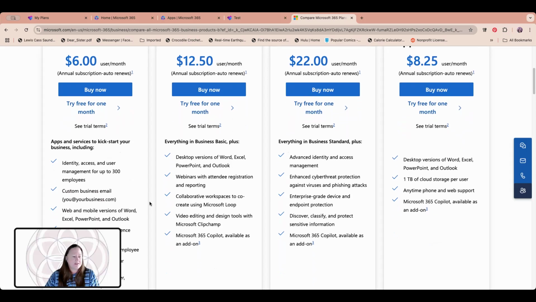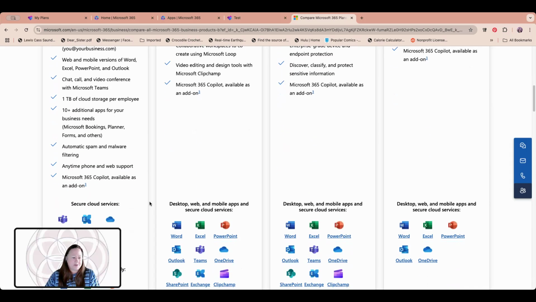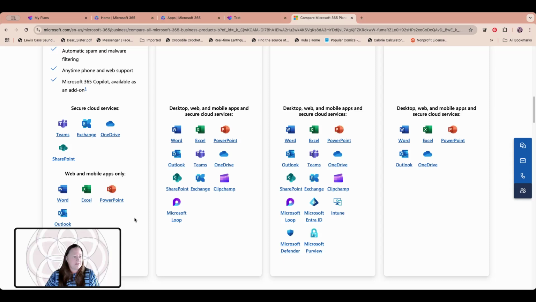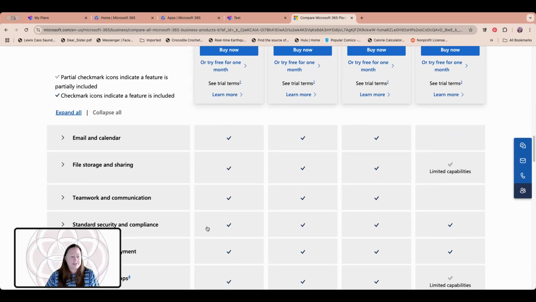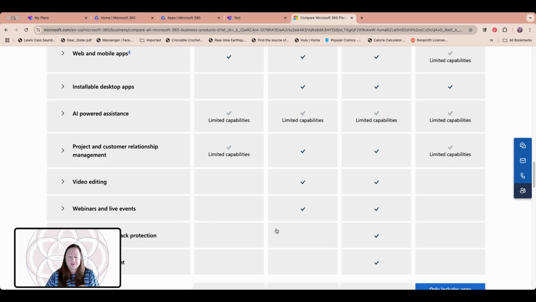I have them already through my personal plan before I started this. But it'll show you all these different options available to you. And then there's even more listed down here. So those are some of the different plans that you can use to get Microsoft Planner